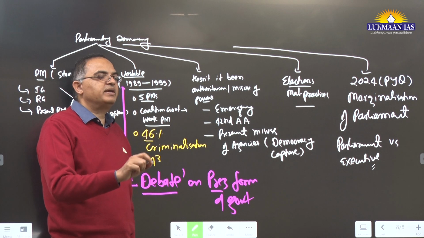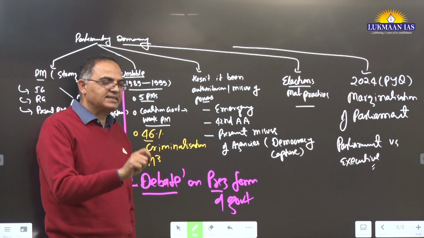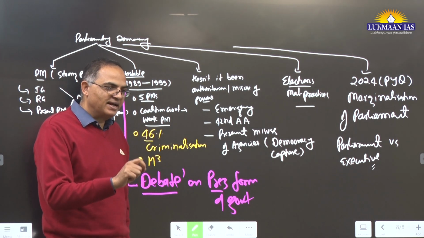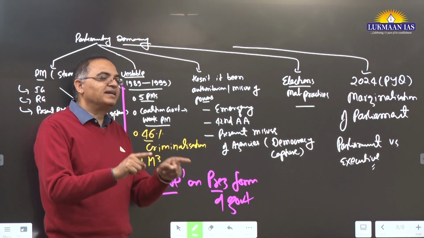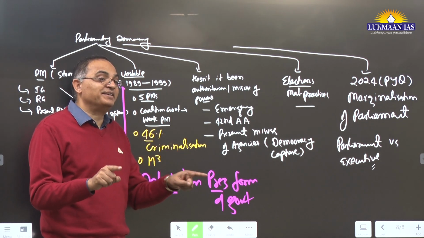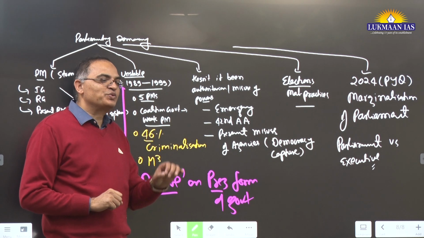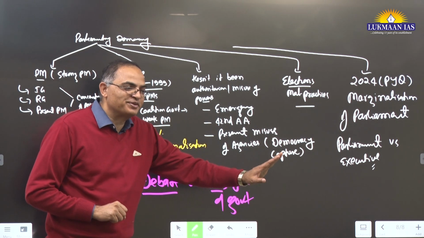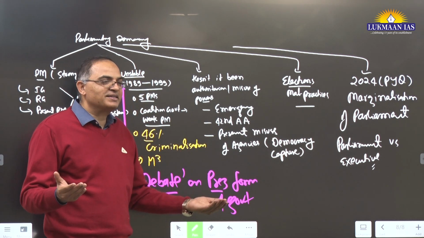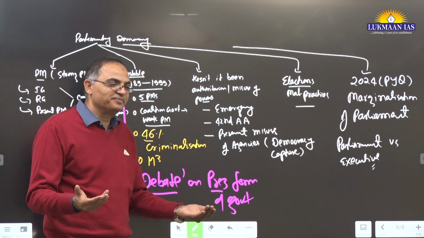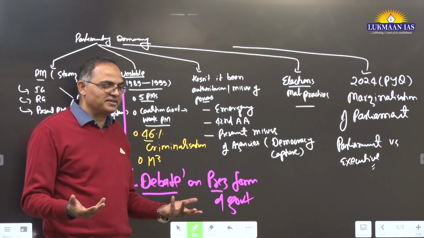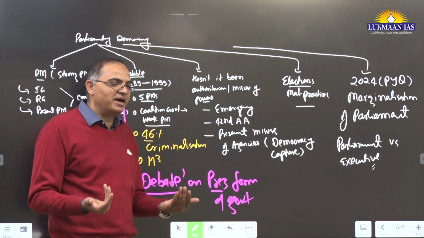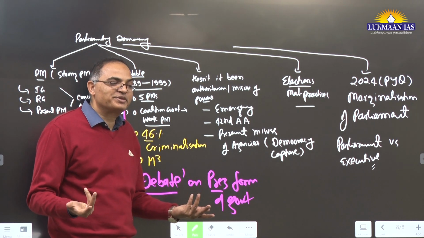When governments became so corrupt, with the nexus of corruption and criminalization becoming so rampant, a debate started during the 90s that we should move towards a presidential system, because parliamentary democracy is failing to perform due to lots of corruption. Let's say, how many days does our parliament work? 60 to 70 days.